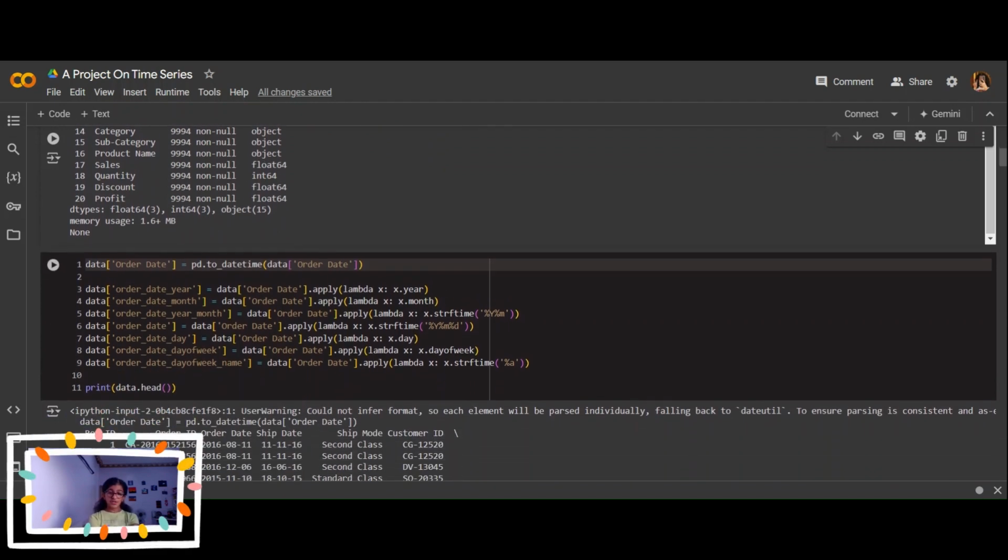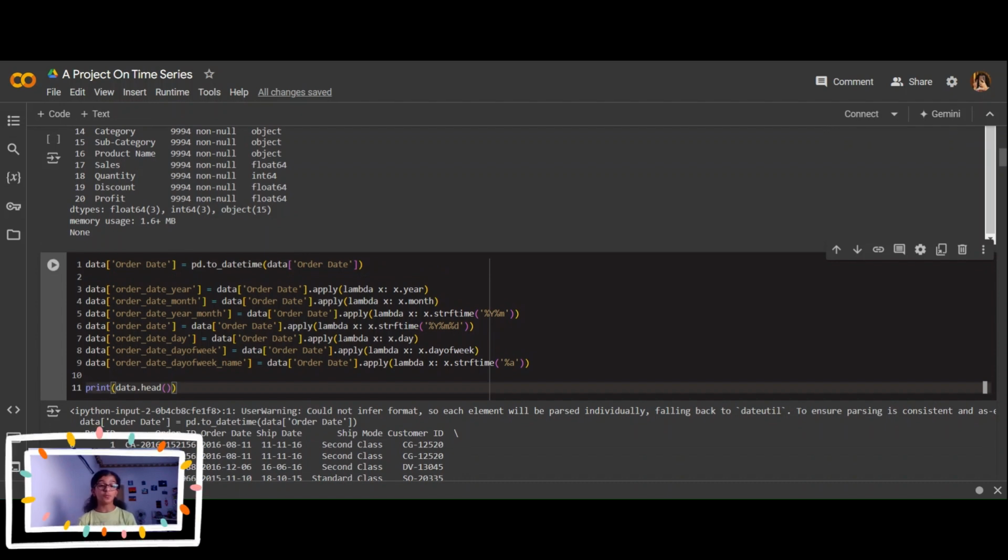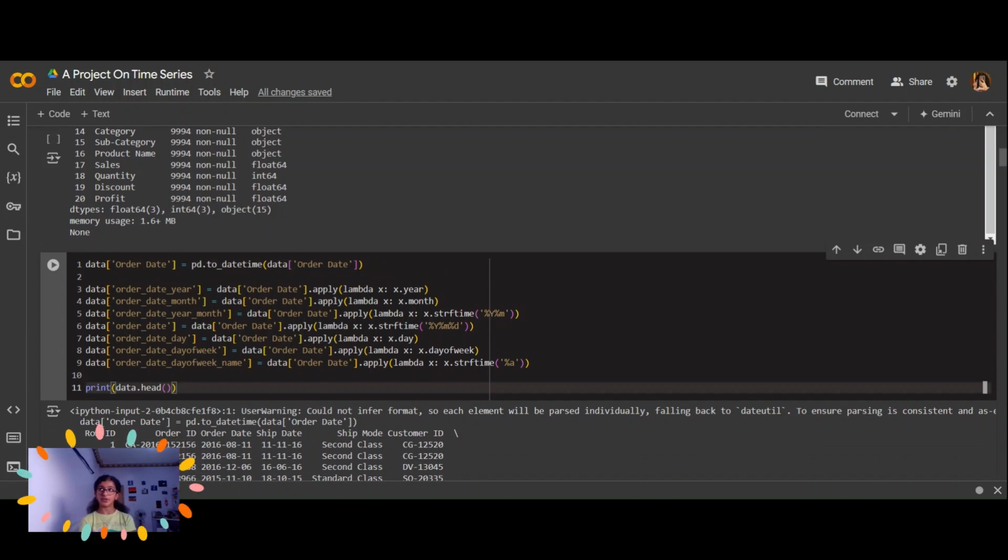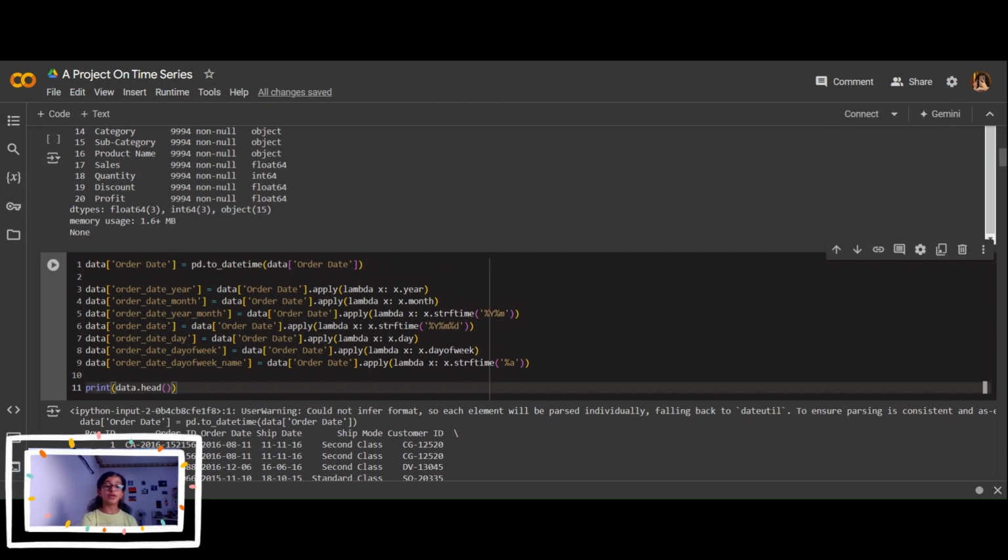Now, before visualizing, we're going to actually convert a few things so we can work with it. Because we know Python can't understand human language and it can't understand the alphabet either. But it can understand binary numbers and numbers, common numbers like 1, 2, 3. So here we're going to convert our order date to datetime.